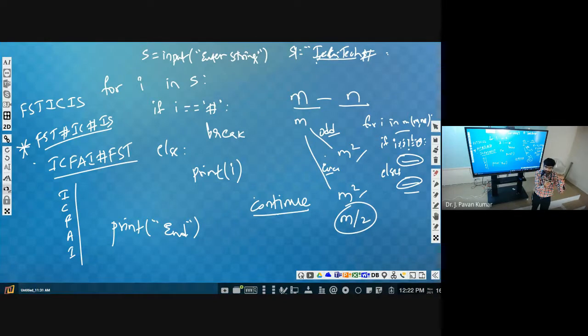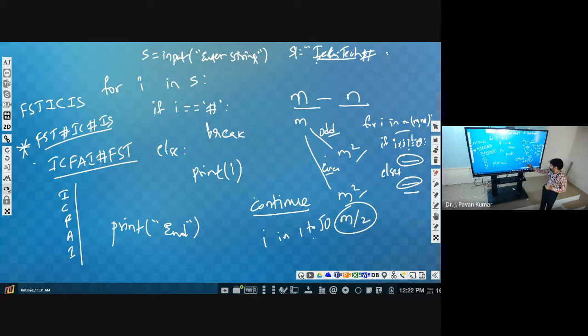Whenever one condition is met, we don't want to continue that particular iteration, but we want to continue the loop. Understand? Consider a simple example: i value will be repeated from 1 to 5 or 1 to 50.